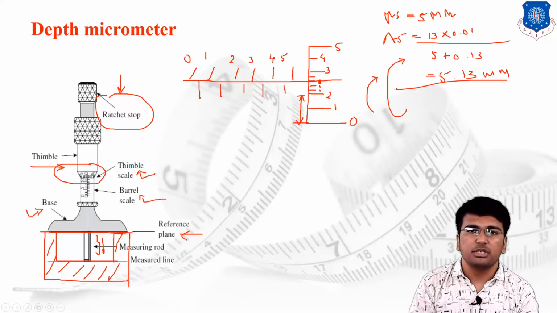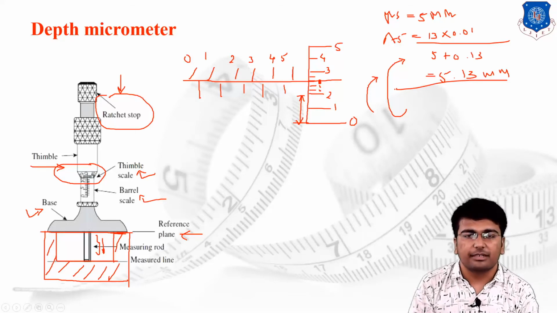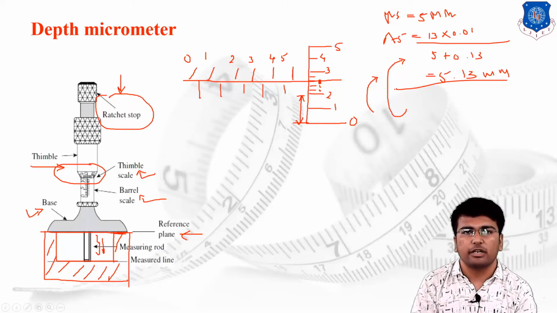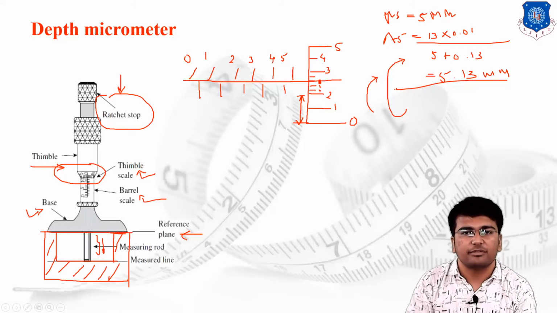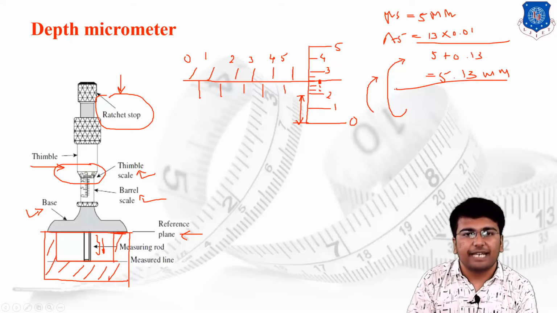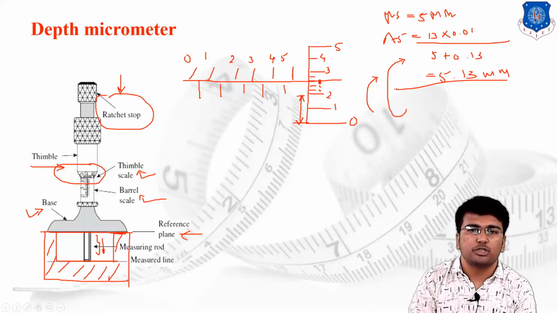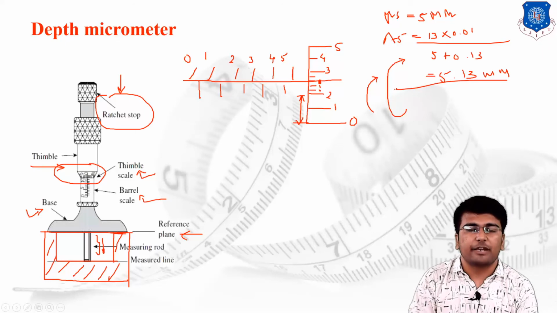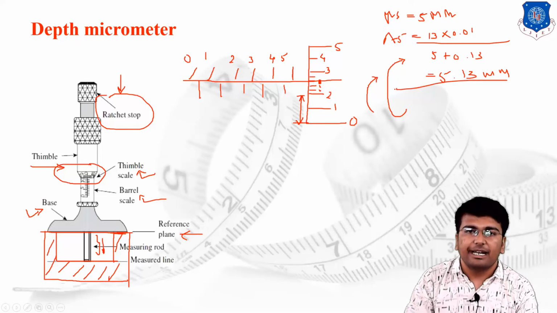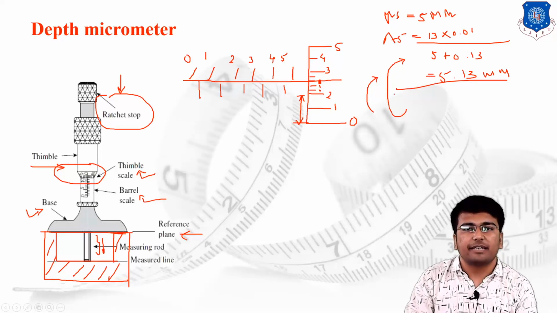I hope you understand the concept of the vernier caliper and the concept of the micrometer. Do remember, you just have to remember the principles. Whatever instrument we are using, all of them follow the same principle. Like in the vernier principle, the vernier caliper, dial caliper, digital caliper, vernier height gauge, vernier depth gauge, all follow the same vernier principle. In terms of micrometer, the routine micrometer, digital micrometer, depth micrometer, all follow the same principle of measurement. So remember the principle of measurement only, and then differentiate the instruments as per their constructional features.